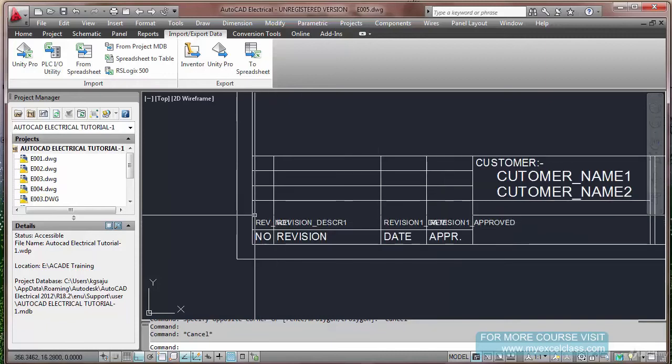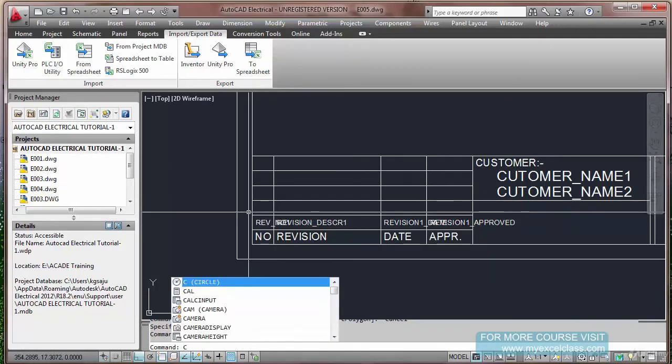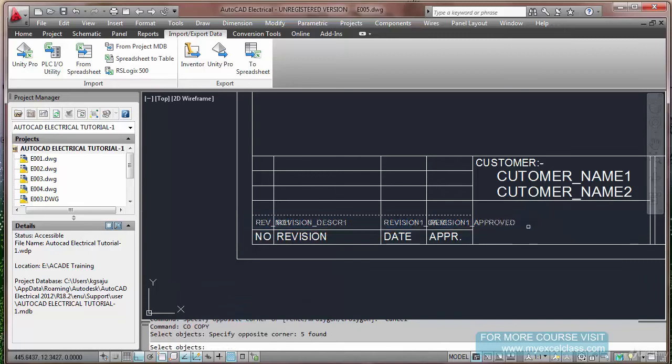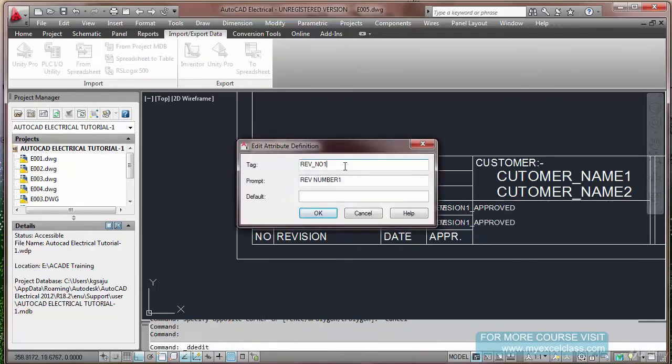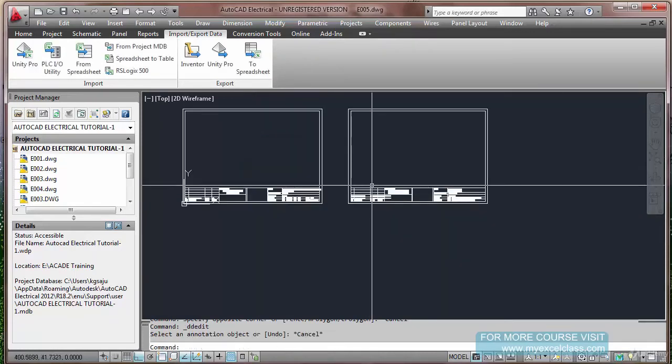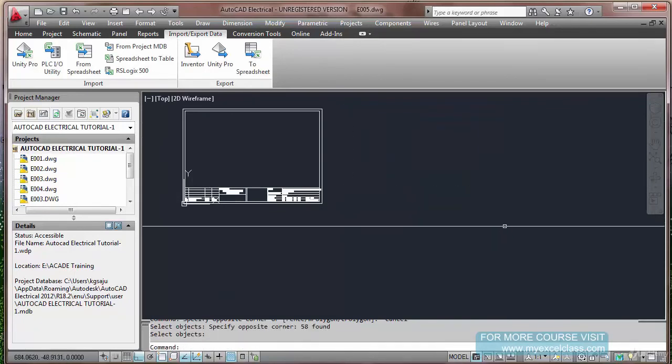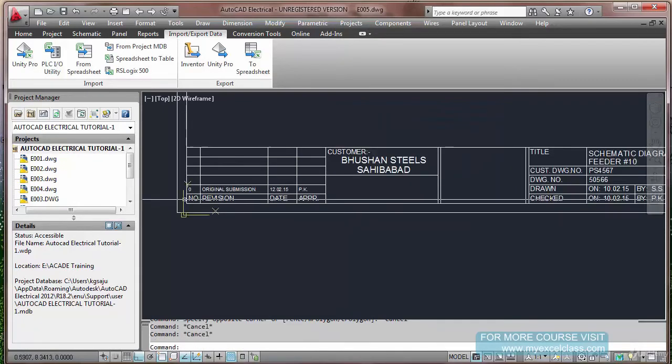If you want the other columns too, what you have to do is copy all these things and keep them here. See, revision 2, then only that will reflect in your title block editor. Otherwise, now I have provided only 0. Now this is the thing.